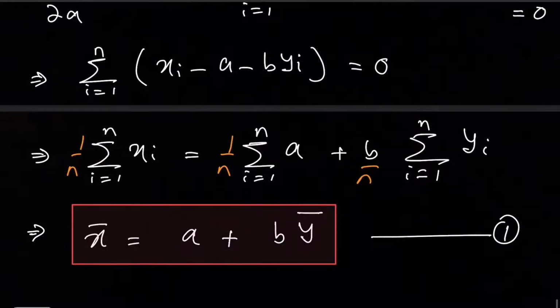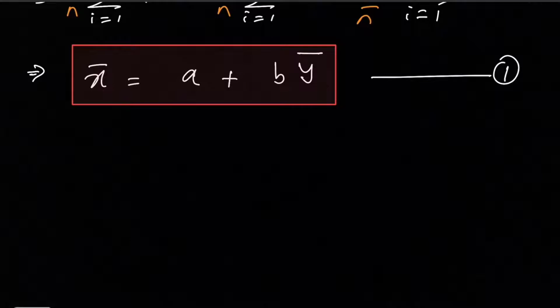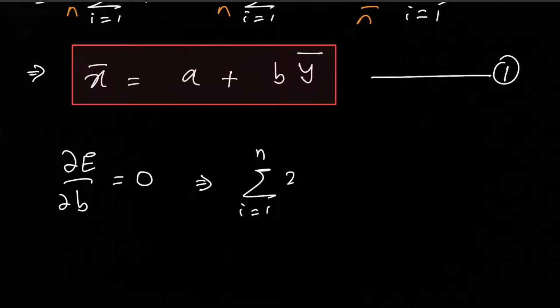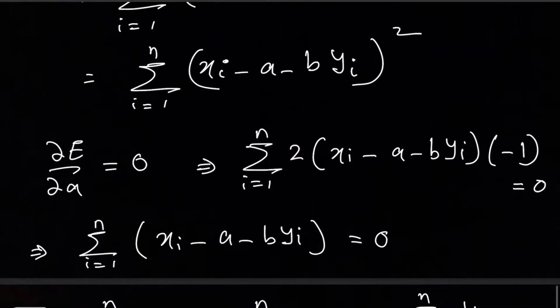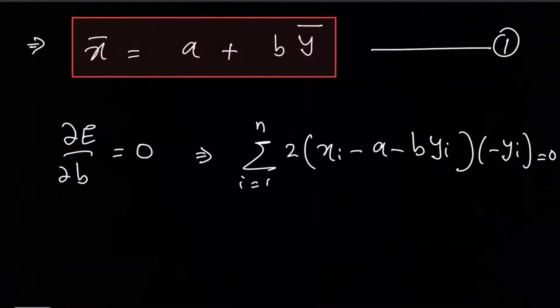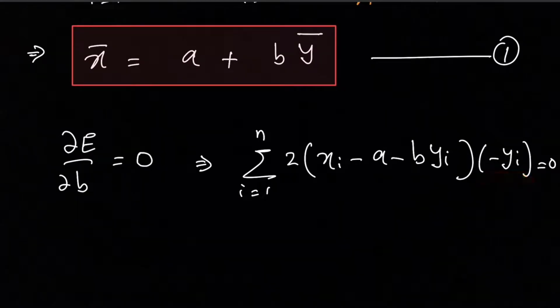Okay, now similarly let's do for the other thing, that is del e del b equal to 0, which implies summation i is equal to 1 to n 2 times xi minus a minus b times yi times minus yi equal to 0, since the coefficient of b is minus yi. So again 2 and minus 1 won't matter,